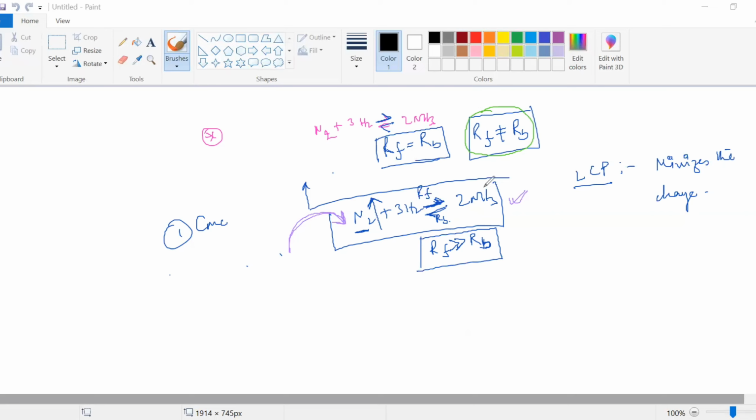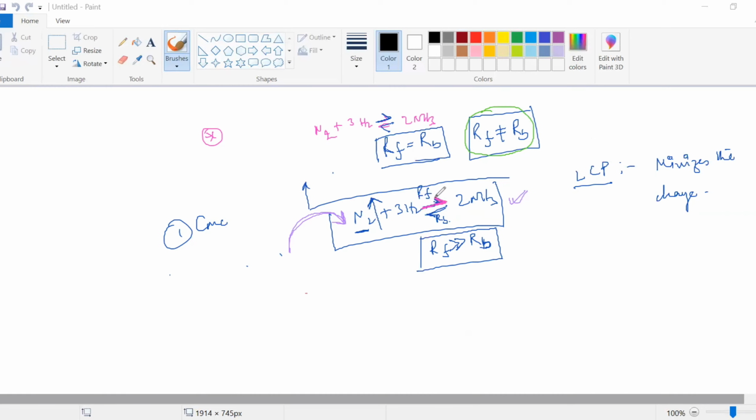When this is disrupted, then only the equilibrium breaks. And a new equilibrium will be formed. And in which direction will the equilibrium position be shifting? Tell me. Now, as the reaction moves in the forward direction,